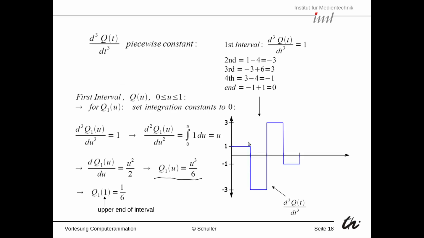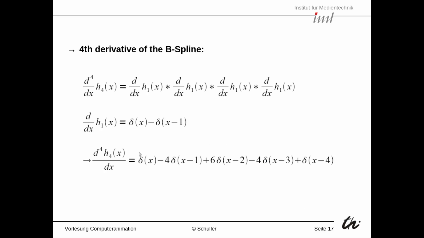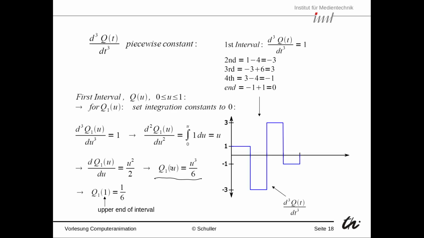So that means we can now integrate it once to get the third derivative. The third derivative becomes piecewise constant because each time the integral passes a Dirac, its area is 1, so you just get the factor in front of it. So here the first Dirac was factor 1, next one was factor minus 4. So here you can see it, first interval you get a 1, so here you can see a constant 1,